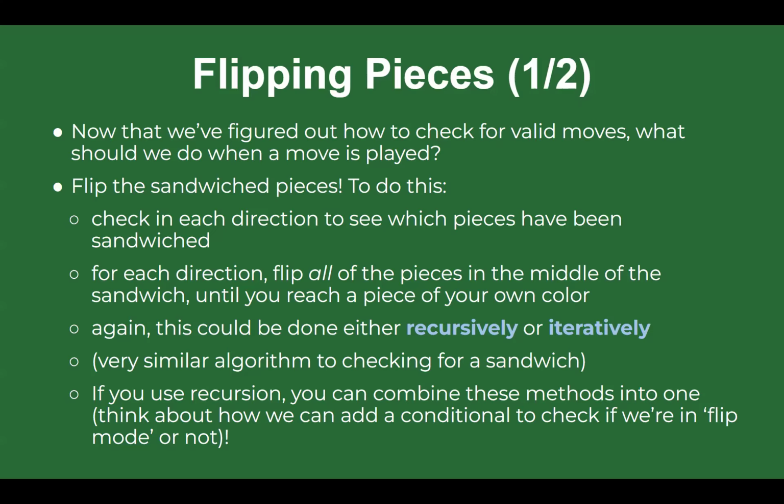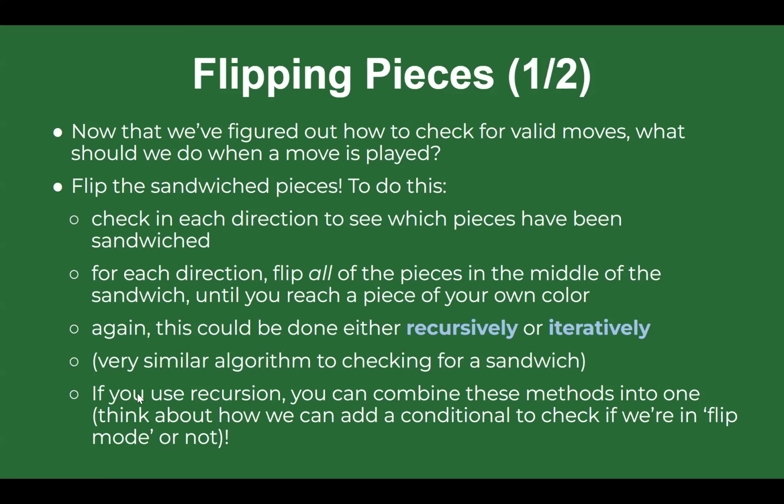And in the direction that has a sandwich, we're gonna flip the pieces as we go through the middle of the sandwich until we reach a piece of our own color again, basically completing the sandwich. Again, this can be done either recursively or iteratively,